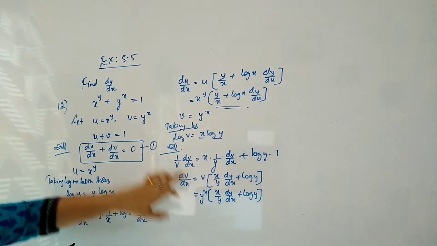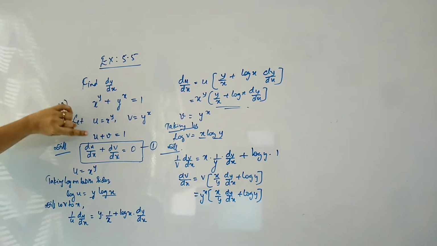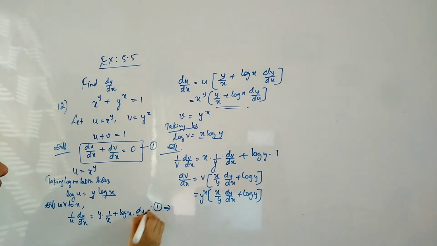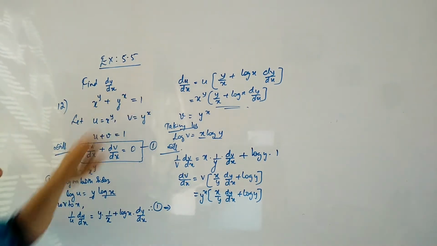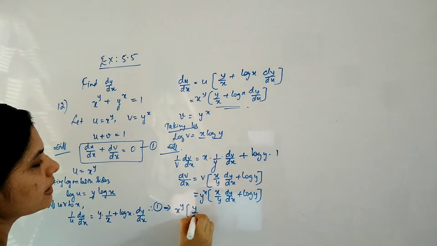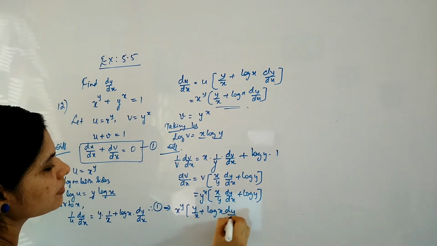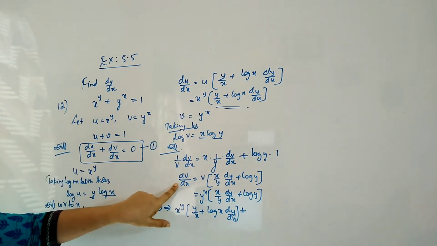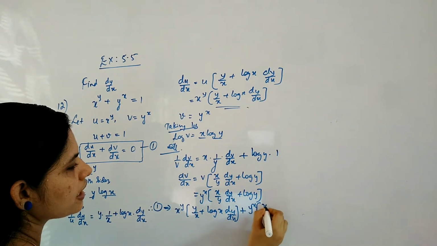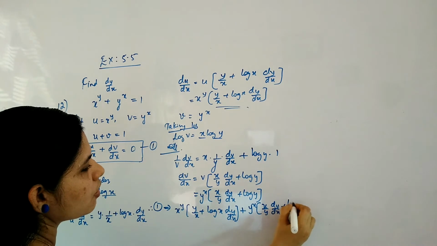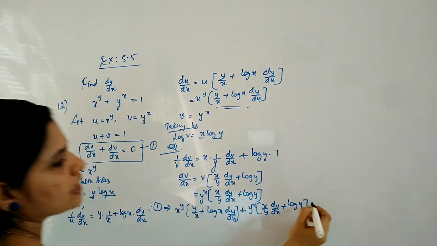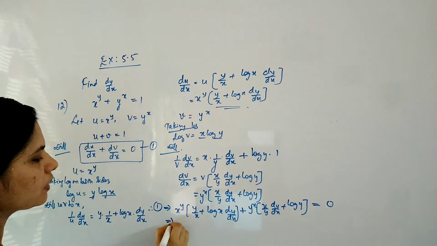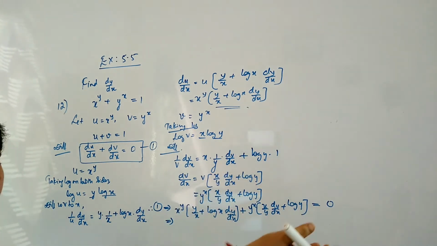Till this it's okay. Now we will go for the substitution. You got both du by dx and dv by dx. Replace the values in equation 1. So therefore 1 becomes du by dx, which is x raised to y into y by x plus log x into dy by dx, plus dv by dx, which is y raised to x into x by y dy by dx plus log y, equal to, that is important, otherwise you cannot find dy by dx, equal to what? 0. Now collect the terms of dy by dx and take the remaining terms to the other side.